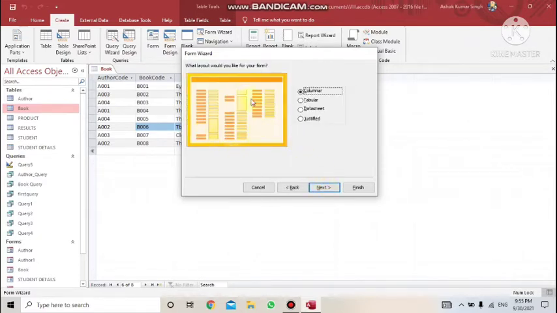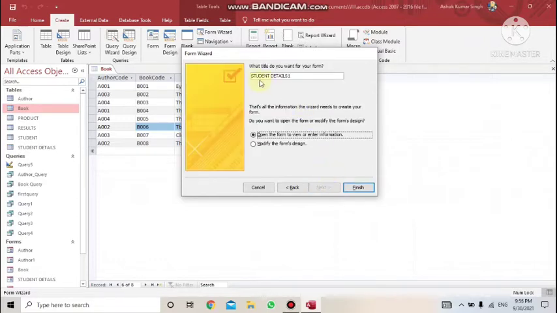In the next step, it will ask you the design. You can see the preview in columnar form, in tabular, in data sheet. So many ways are there. By default, the columnar option is selected. You can take it. Next. Then what do you want? Do you want student details 1 to be the name of the form as it was there in the table, or else do you want to change it? I want it to be form student details. This name I want for my form. So I can change it here. Once it is done, you click on finish.